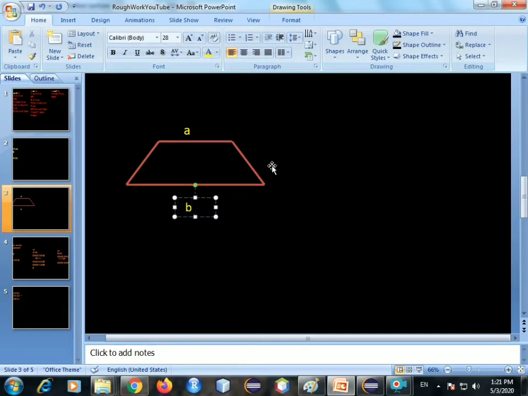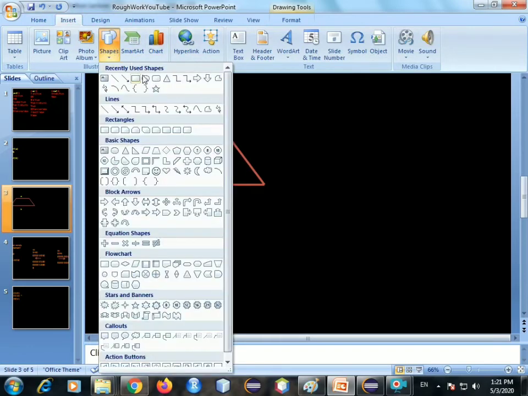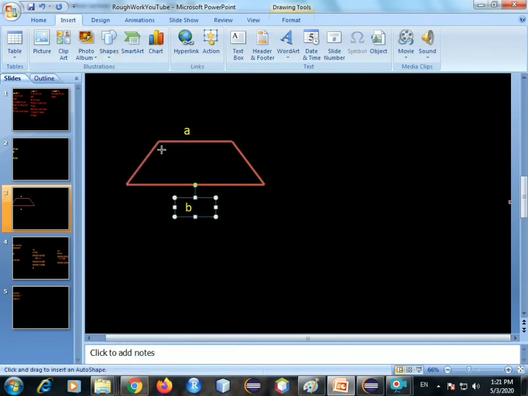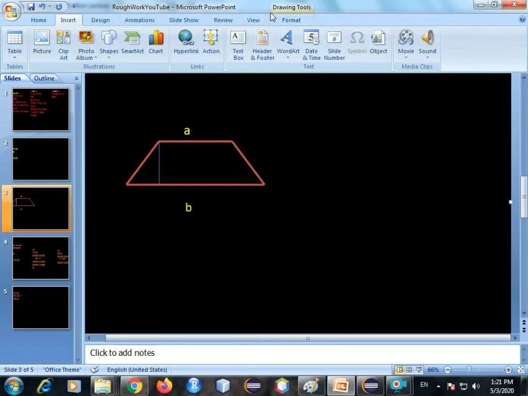Okay, and this is your height. Okay, that will be h. Now the formula that you use is a plus b divided by 2 into h gives us the area of a trapezium.